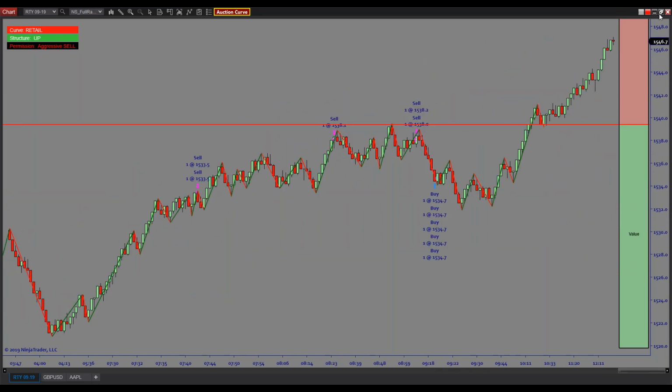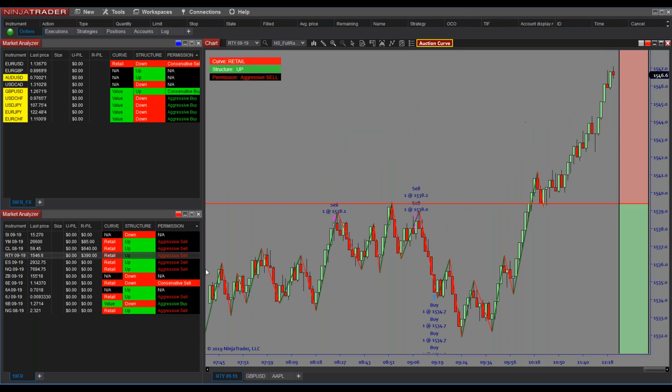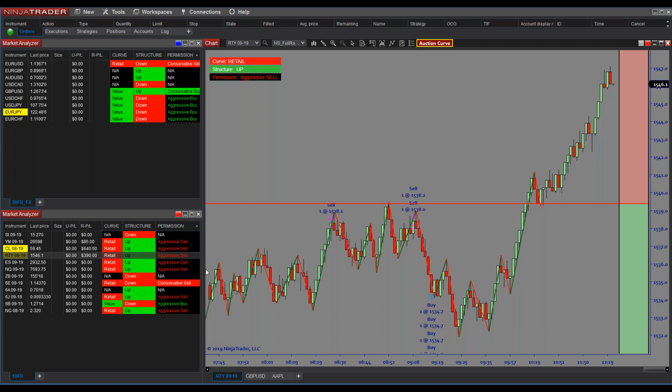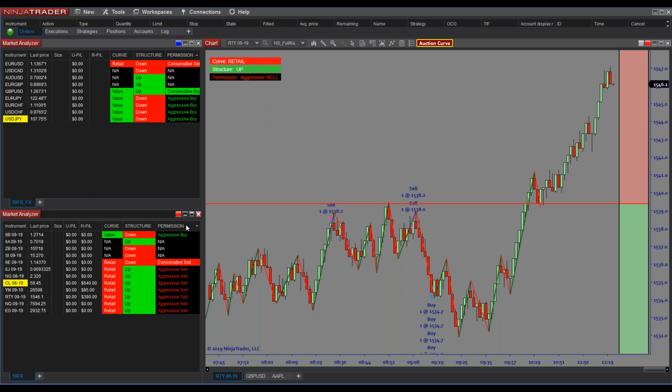Okay, so let me kind of give you an idea of why this is powerful. Right now, if I told you I am not comfortable trading against the market, if you came to me and said, Sean, I need to build some trust in my strategy still, and I'm not really sure yet I can pull the trigger being aggressive. I want to scan the market for conservative opportunities. I'd say perfect. You know exactly what you're comfortable doing. I don't even need to know what trading system you're using. All I need to know is that you would rather wait for confirmation or not. And then what I would tell you is to load a scanner and go to your permission column and sort.